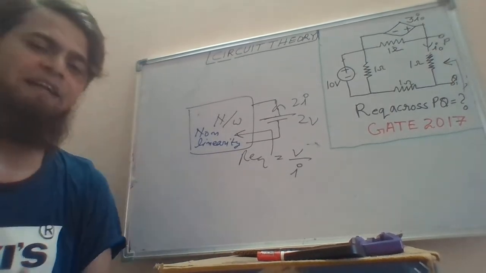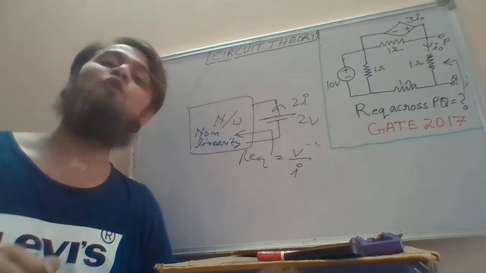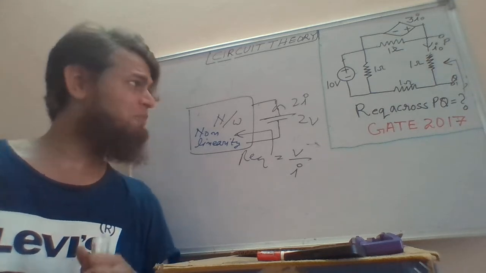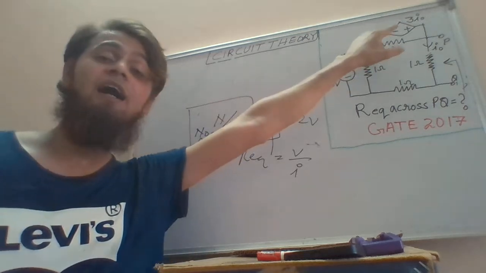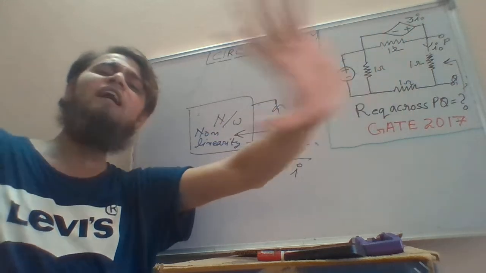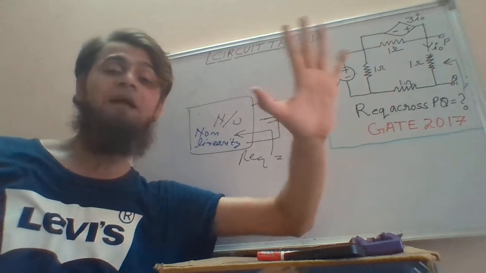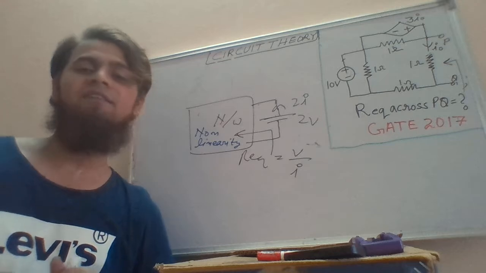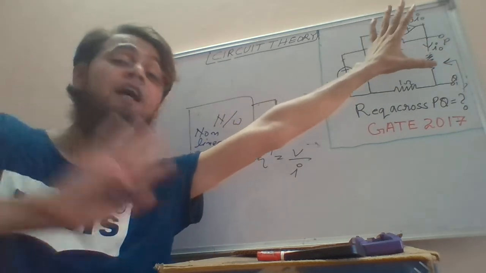And when I say non-linearity, what I mean is independent sources. You have to kill the voltage source by replacing it with a short circuit. You have to kill the current source by replacing it with an open circuit. And please do not touch the dependent source. I repeat, do not touch the dependent source, because they are completely linear. As far as getting a unique R equivalent is concerned, we don't have any problem with the dependent sources. So please don't touch them.